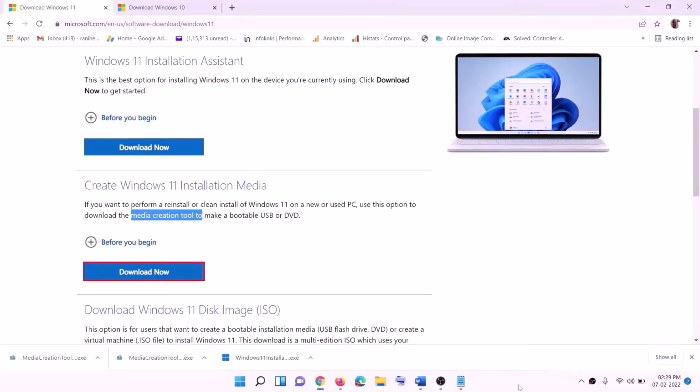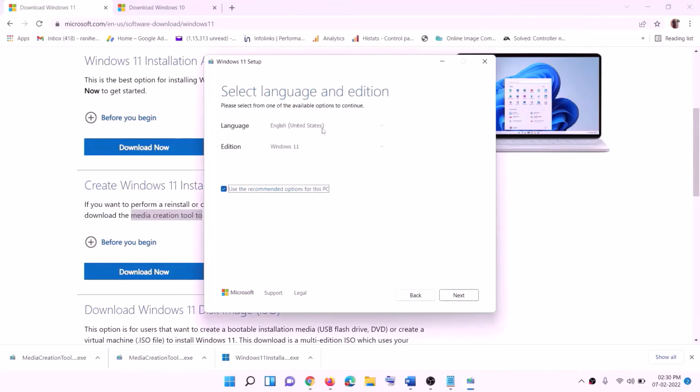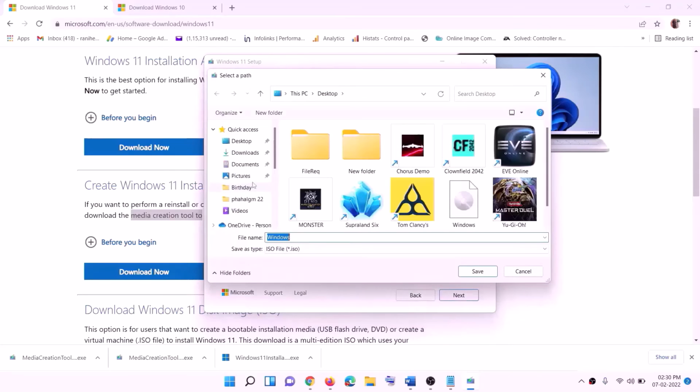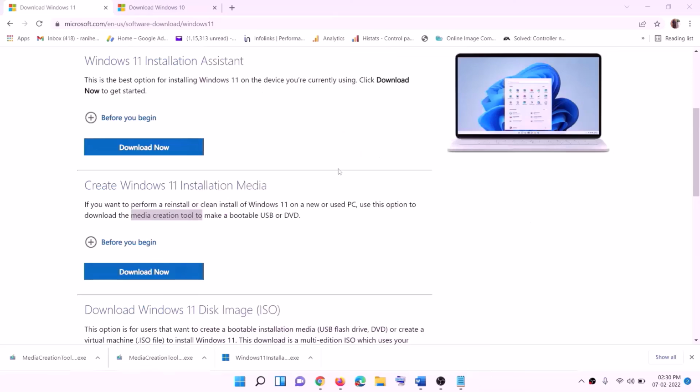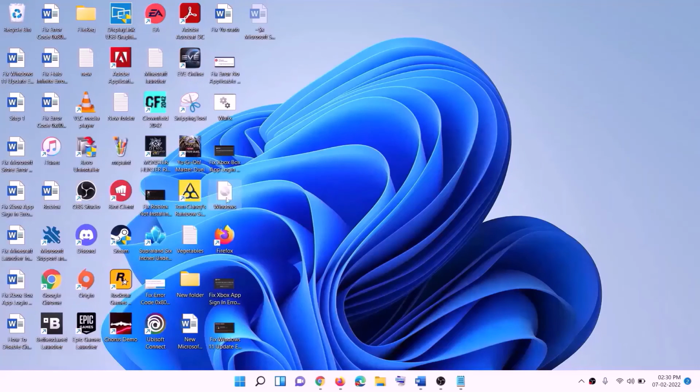Now this will load Windows 11 media creation tool. Now click on accept. By default Windows 11 would be selected. Click on next. Select ISO file, then click on next. You can save the location. You can set the location as desktop and then click on save over here. Now once the download is complete, click on finish and then go to desktop, find Windows ISO file, make a